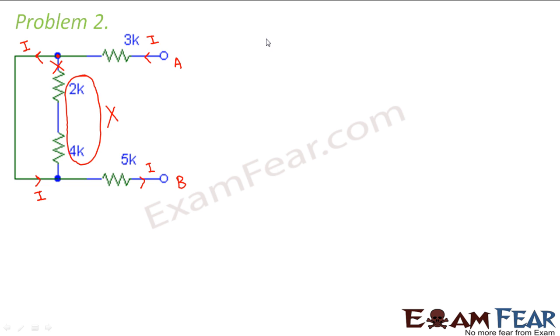So when we talk about equivalent resistance, what do we find? Let us call this point B, and let us call this D. That means no current flows through the arm DC, right? Therefore, when we talk of equivalent resistance, only two resistances are there. One is 3K and the other is 5K. This is 3 kilo ohm. Similarly, this is 5 kilo ohm. So these two resistances play a role.